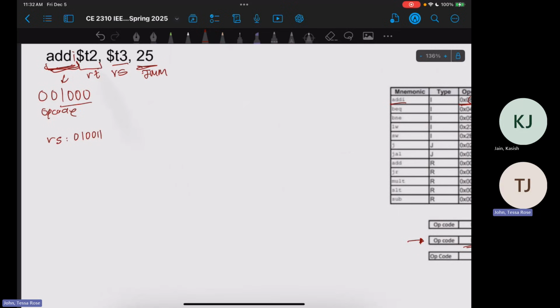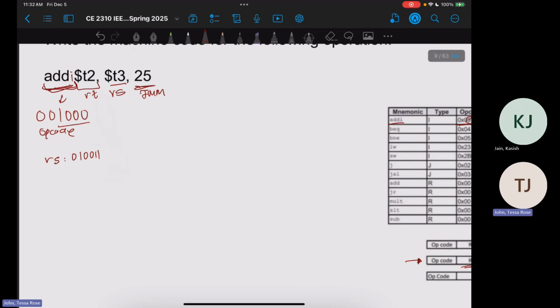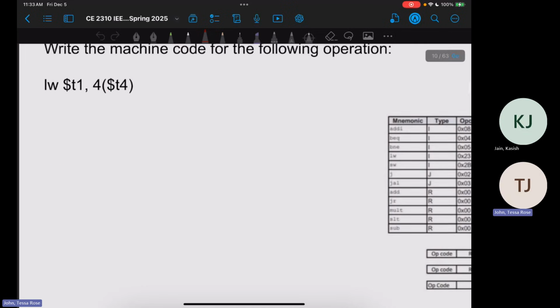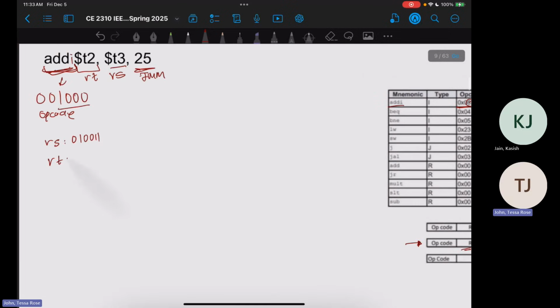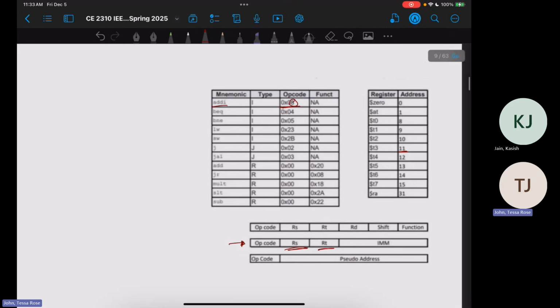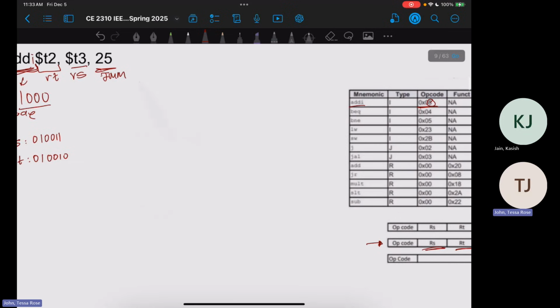So going back, RS is T2. You don't have to memorize the numbers for T2 or anything. Just memorize where RS, RT, and RD are for all of the different codes, right? So for add, there's 3. I'll do another example after this. So RT is T2, which is 10. So it's 0, 1, 0, 0, 1, 0. And IMM is just 25 as binary. So it should be